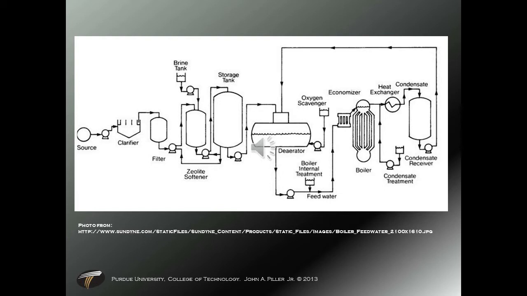And speaking of corrosion, we need feed water purification. The entire left side of this drawing is basically showing that. We have the source. It could be groundwater, it could be the river, it could be a large lake. Whatever it is, we pump out of that, we go into a clarifier, let it settle, let the silt settle to the bottom, we draw off the top of the clarifier, run it through a filter.